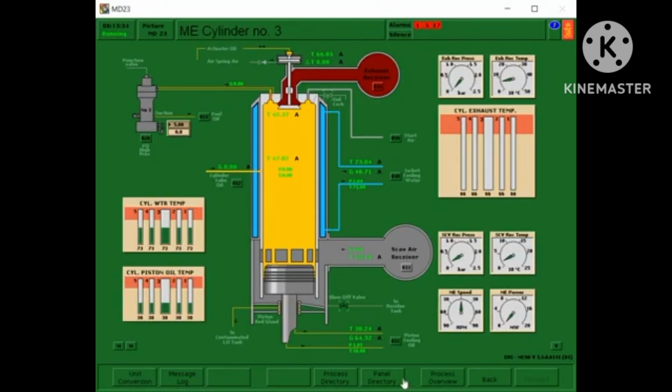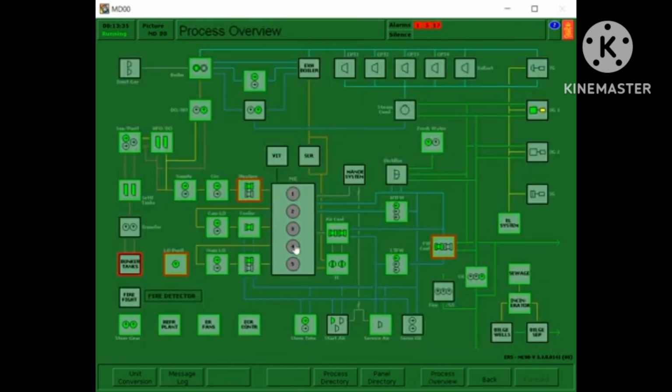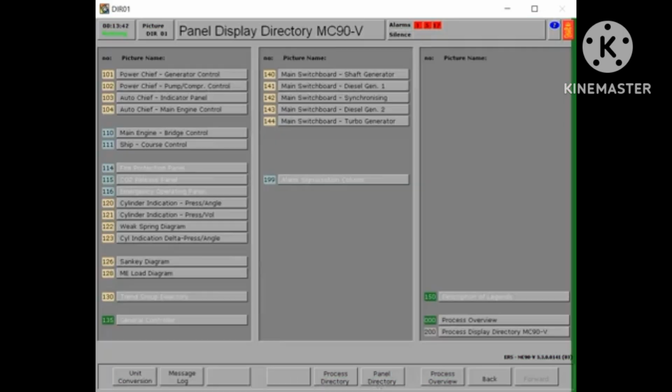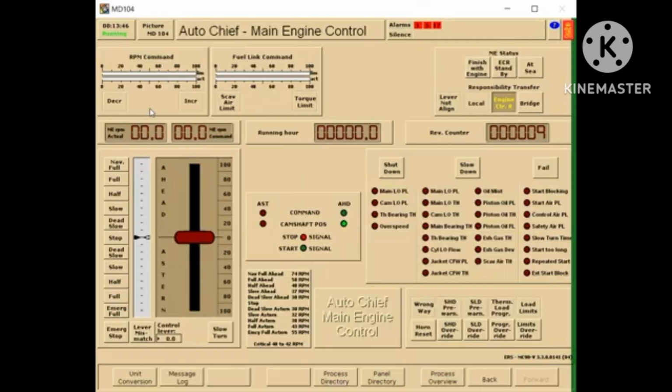So we can also use the page down in the keyboard. So MD102, 104 rather.